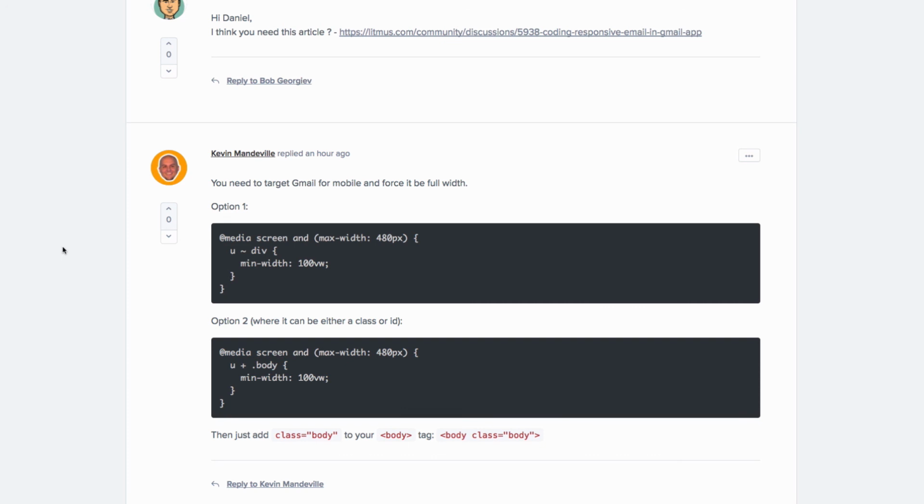Additionally, you could also do U and then plus, so an adjacent sibling selector. And then you could put a class or an ID on it of body, for instance. It could be anything you want, but just to say body, just keep it simple. And then you're just going to still use that same min-width 100vw. But those are just a couple of different ways in which you could target